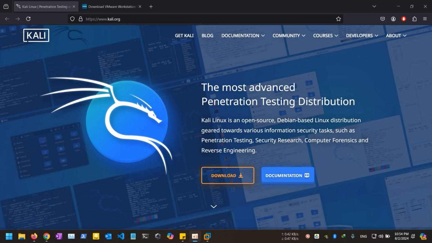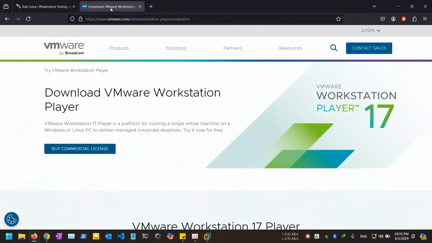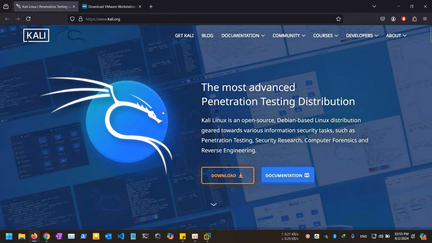Today we are going to walk you through the process of installing Kali Linux 2024 on VMware Hypervisor. Whether you're a cybersecurity enthusiast or a penetration tester, Kali Linux is an essential tool in your arsenal. So before we begin, make sure you have the following prerequisites: